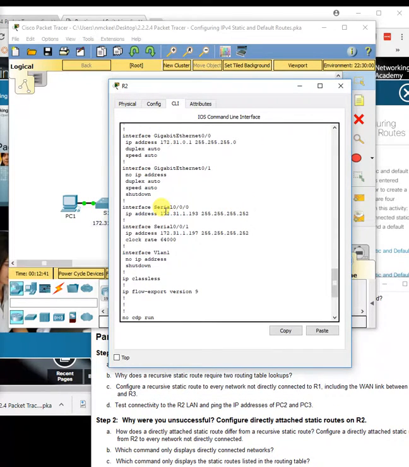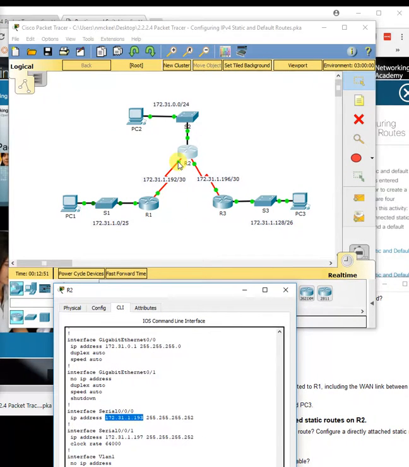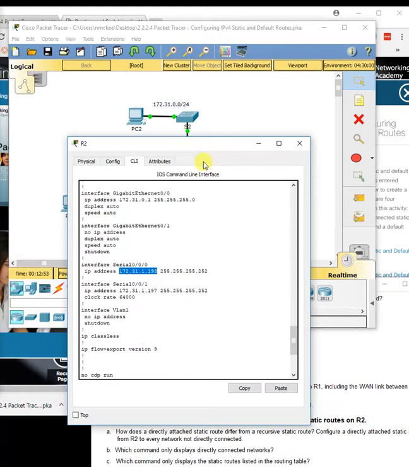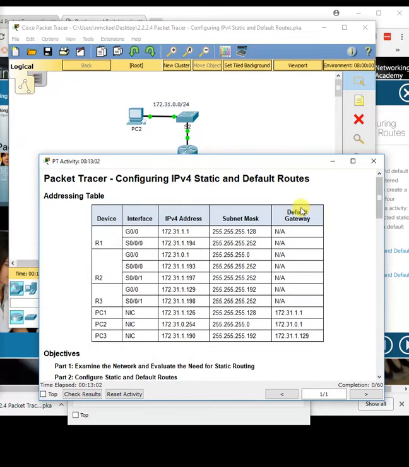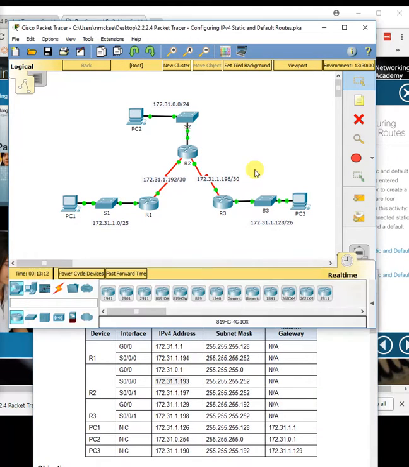We can probably look in here. All right, so that's the IP address that's set up on this router for that serial. So that's our next hop address. All right, so we know that, but also if we looked in our addressing table, we could say, okay, serial 0/0/0 on R1 is right there, 172.31.1.193. All right, so that's gonna be our next hop. We're gonna have to put that in for the recursive route,